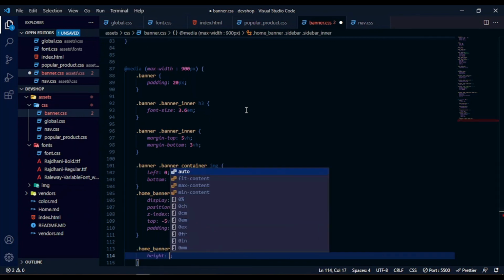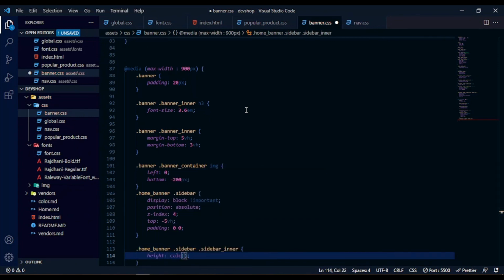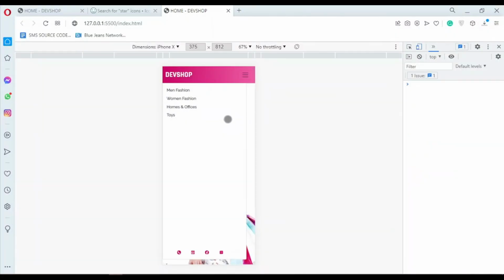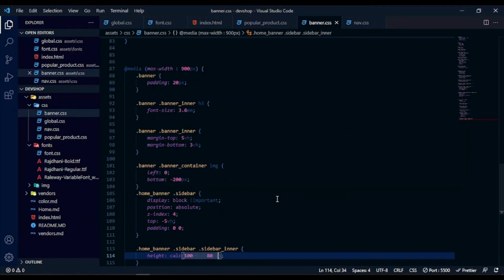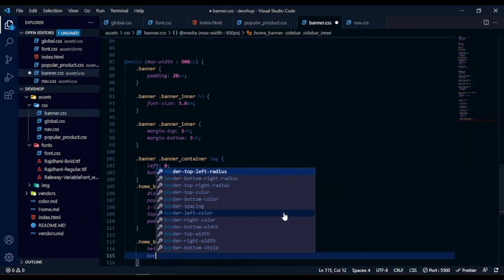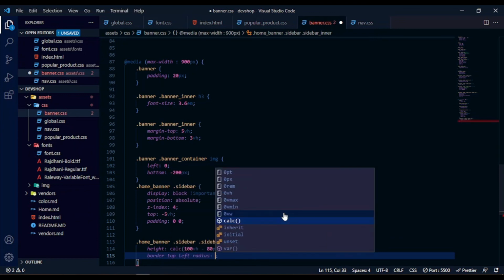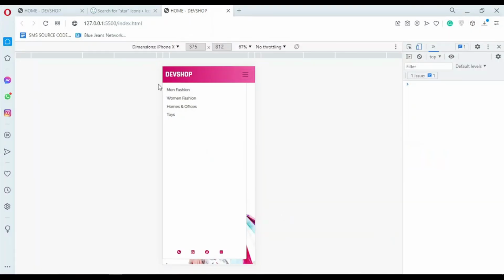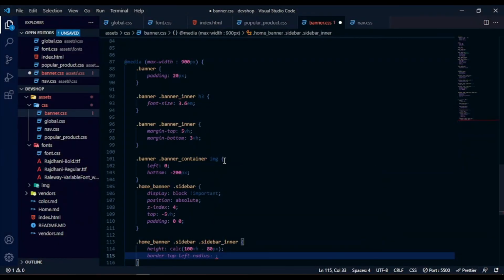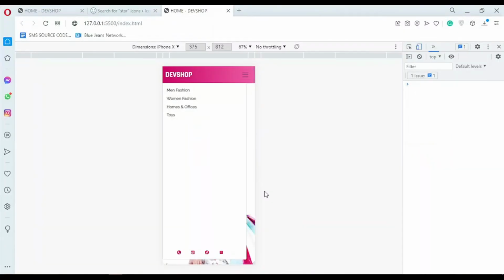So for now we are going to say home banner, the sidebar, then the sidebar inner. So the sidebar inner should actually be the calculation of 100 vh minus 80 pixels. So can you see that? So I'm going to say border top left radius should be 0, because I just want to close that. It's there, but I just want to close it. 0. Okay,